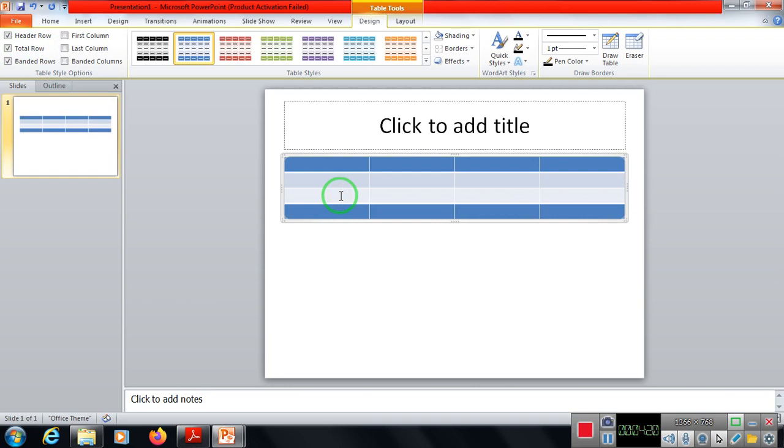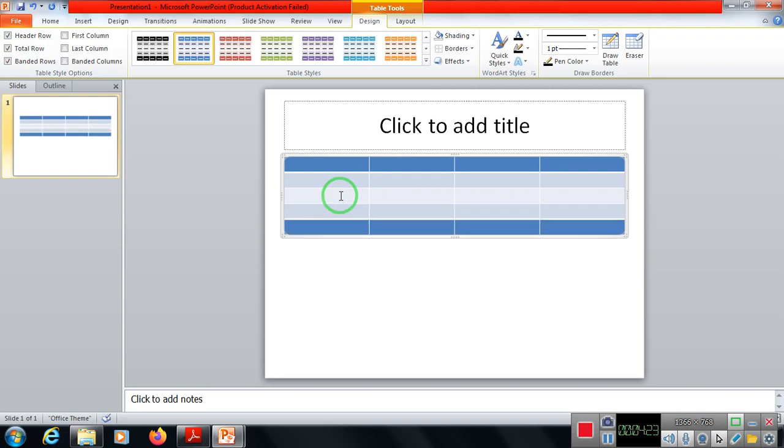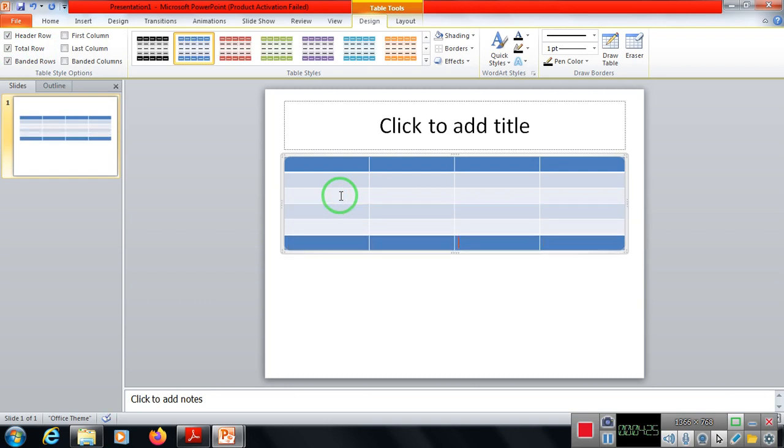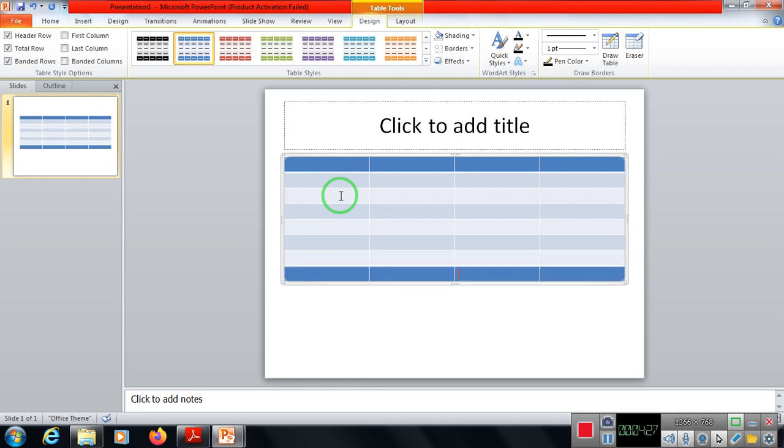Just see this, as I increase the rows, the bottom row automatically displays in a different manner. So the header row is for headings, and the bottom row or total row is used for displaying the totals in your table.